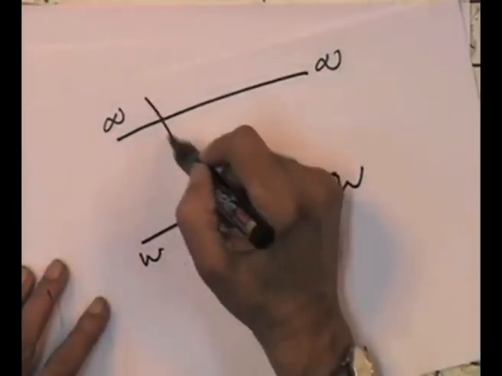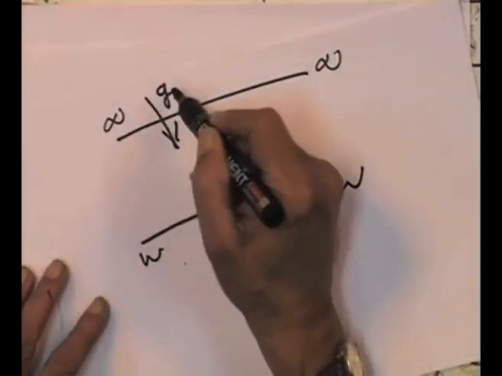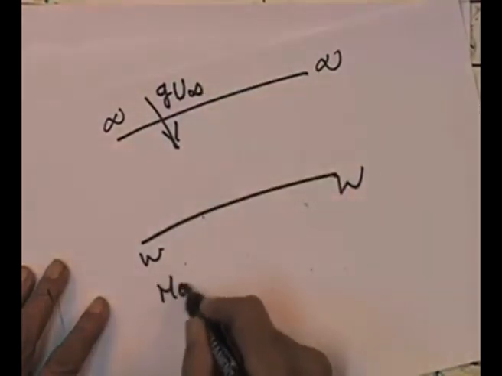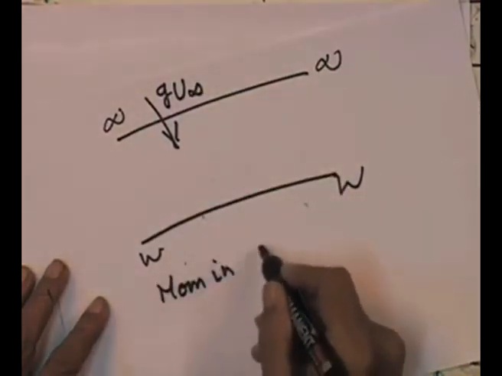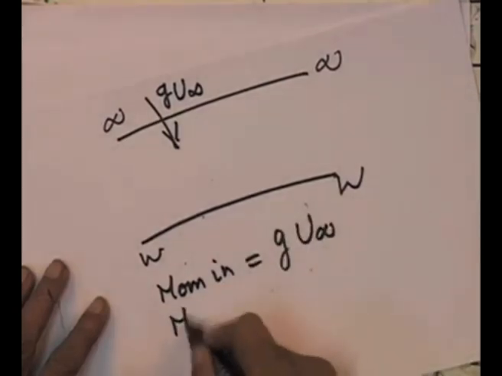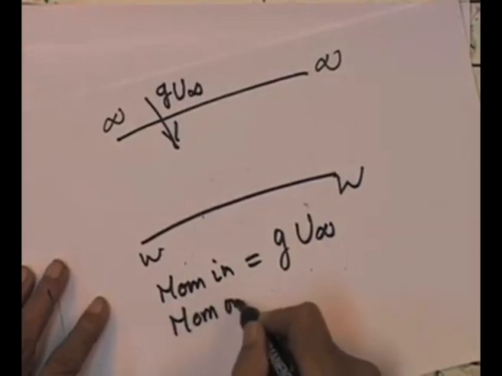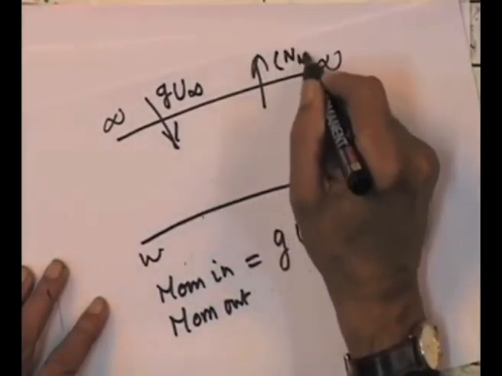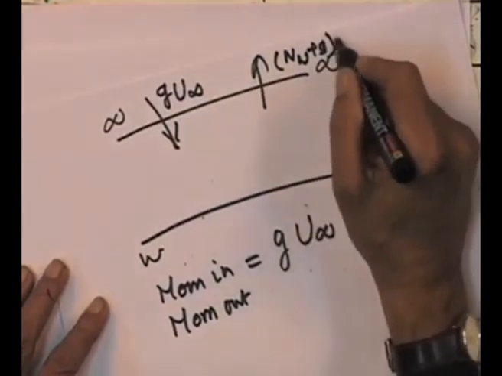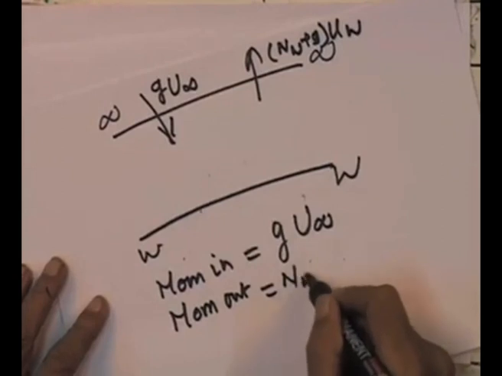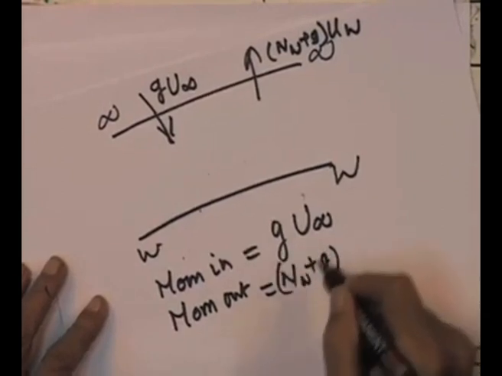Then the G flux will bring with it G times U infinity. So, momentum in will be G times U infinity. Momentum out will be N W plus G U at W